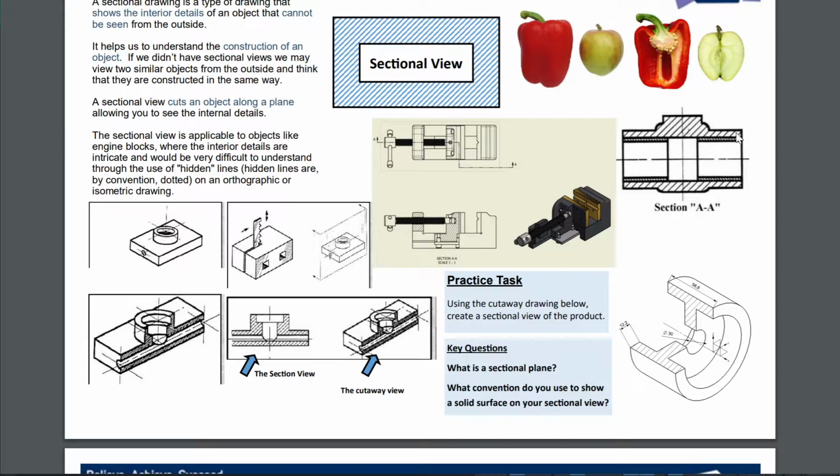So to show that this is solid, right? To show this is solid, we use these lines here, which we call hatching. Well, we sometimes call that sectioning, but yeah, hatching is the term. And that shows us that the material that we've cut through here is solid, that we're not looking at a void. Whereas where there's no sectioning, that's showing us that there's some sort of void happening there. So like in these objects here,